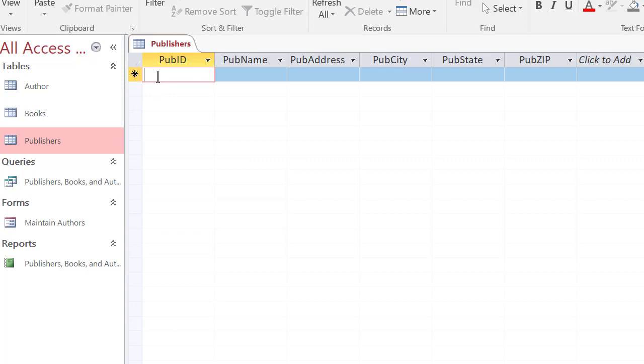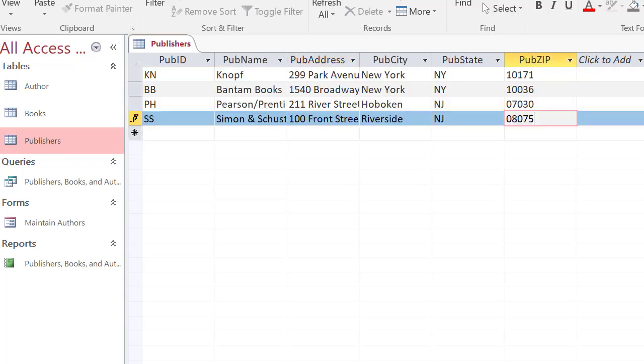So for pub ID, you're going to type in KN, and this needs to be exact. If you miss a case or a letter, you're going to get it counted wrong. So hit tab to go to the next field, F, tab again. So I'm going to continue to do this, but I'm going to pause this and not take up time recording me typing all this in. So I've entered in all the data. The last thing it says is